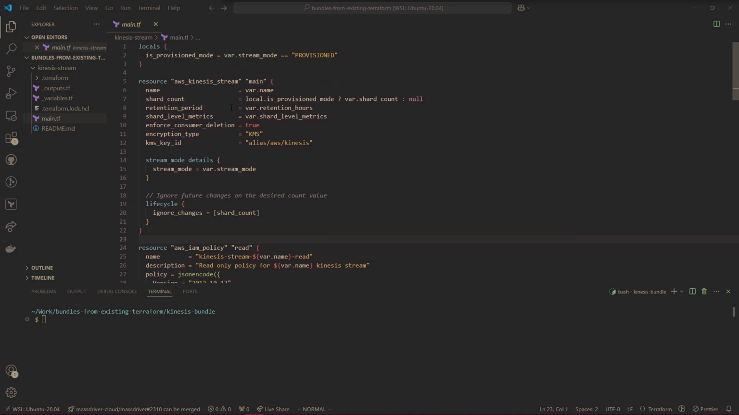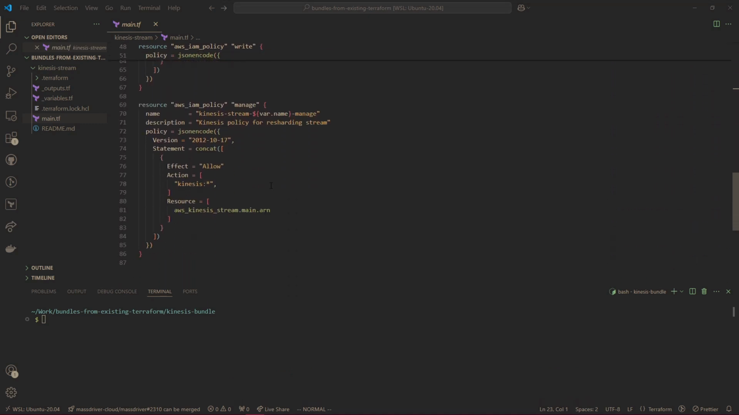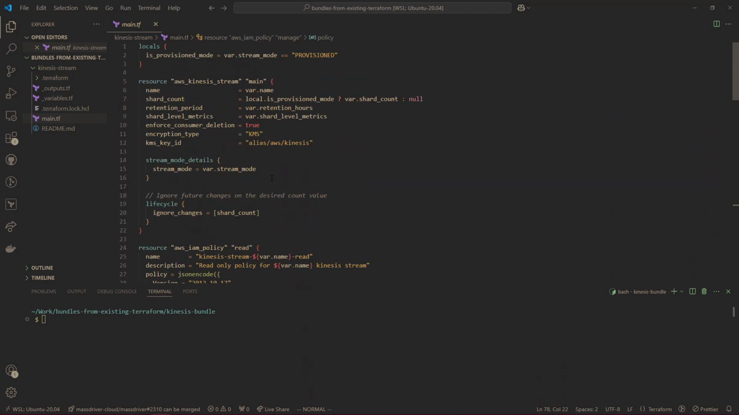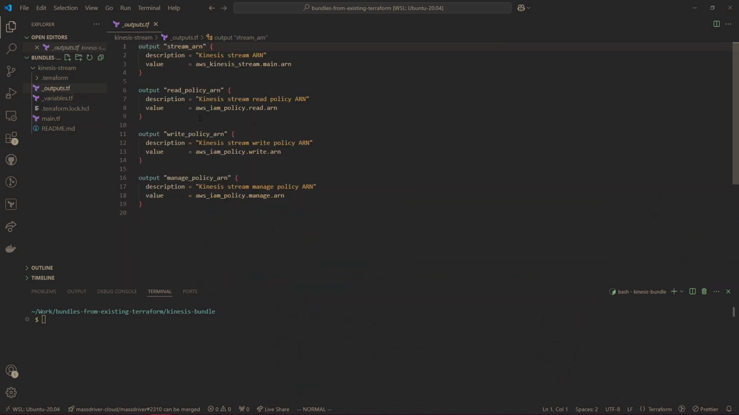We're building a Kinesis stream here with an IAM policy for read, for write, and for manage. You can see there's nothing really special here. We have a variables file and we have an outputs file, just like you would if you were writing a standard Terraform module. So what we're going to do now is actually copy this module into a Massdriver bundle, and